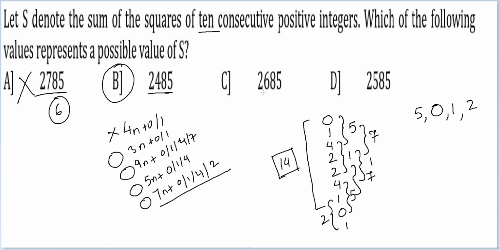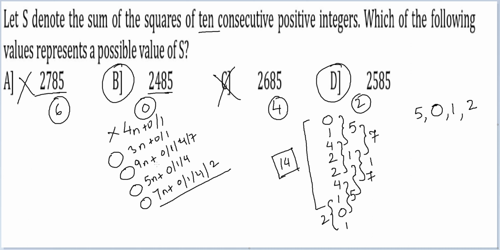Let's look at this number. I would get 2, 1, 5, 8, then 2, 5. So I get 4 as the remainder here. So this will definitely not be the answer. Let's look at this number. The remainder here would be 2, 1, 4, 8, 6, 5. So I get 2 as possible remainder. So this can be the answer or this can be the answer. We have reached this conclusion. Option B or option D, one of these two numbers is the answer.